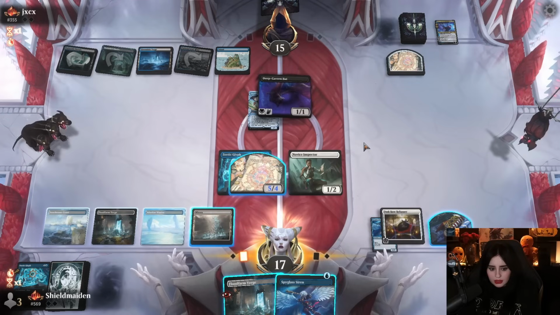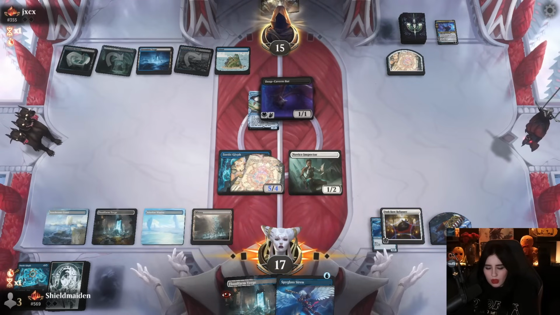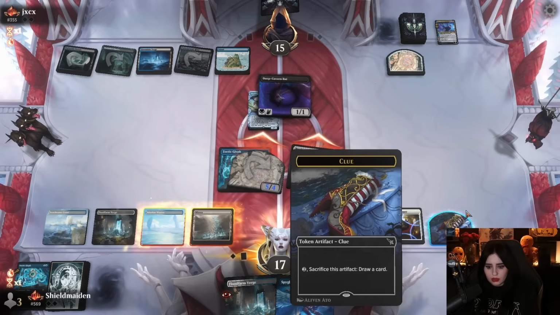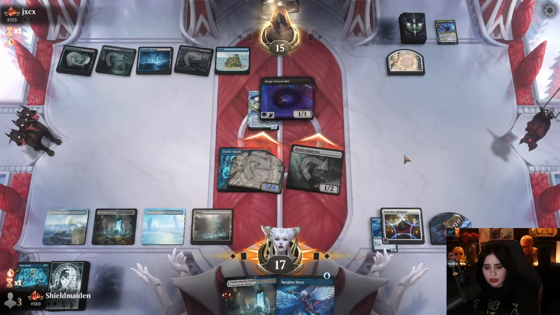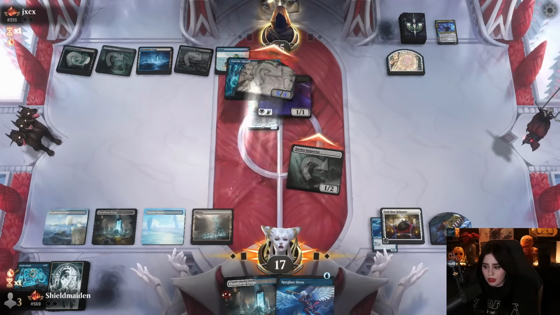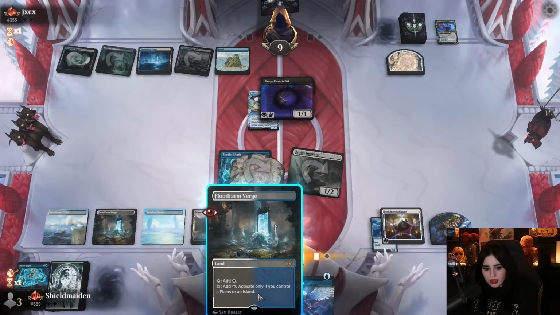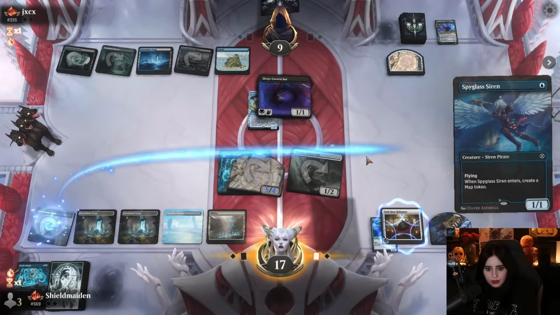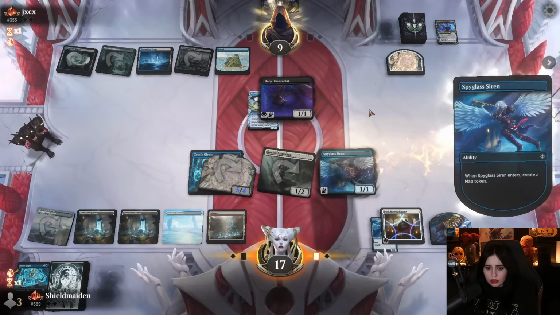This could be another Fluffbit Drowner, possibly. Removal. I mean, most of the removal that they have access to in the mirror is Cut Down and Go for the Throat. This deck does a pretty good job at trying to dodge both. So that's one of the upsides to playing this. Alright, so we have Spyglass Siren here. What I think I'm gonna do...